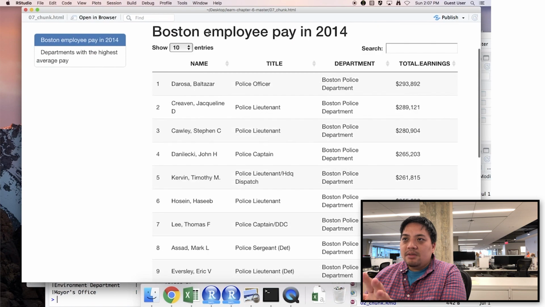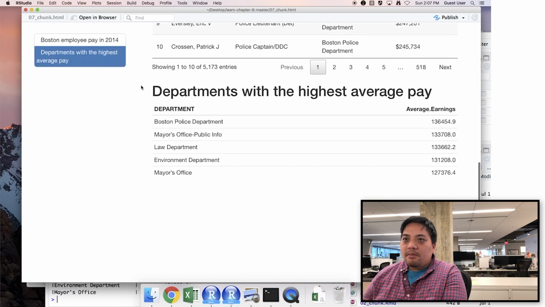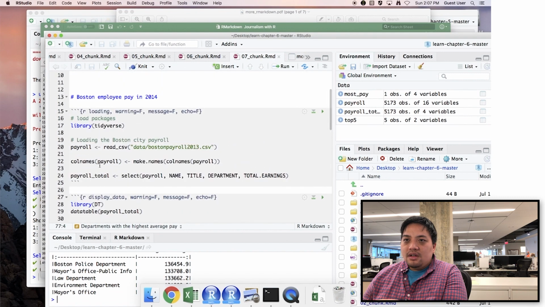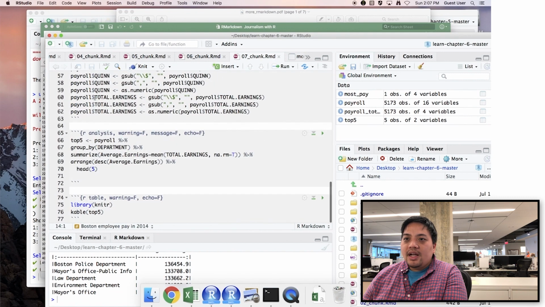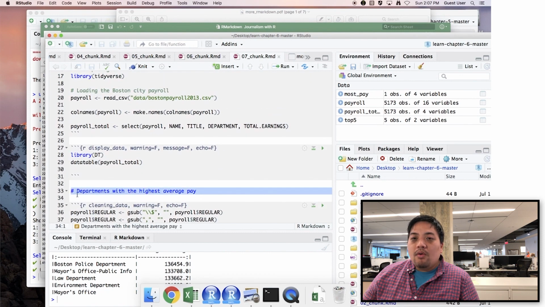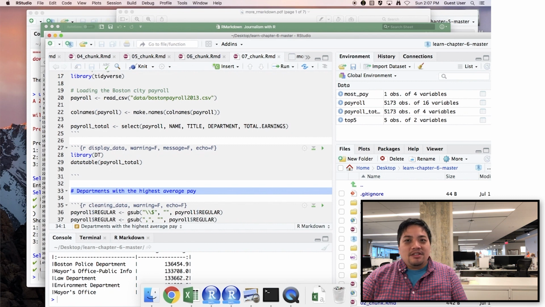So this is nice. And you see Boston employee pay in 2014, departments with the highest pay. It's all because of these headers. So R markdown detects where the headers are, the most important ones, and then generates a table of contents for you that way. So, congrats, you've gone through a lot of different steps to create really cool looking reports